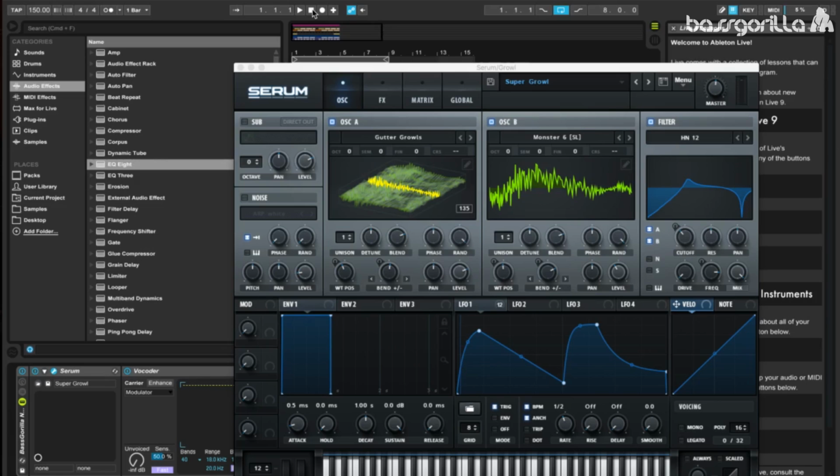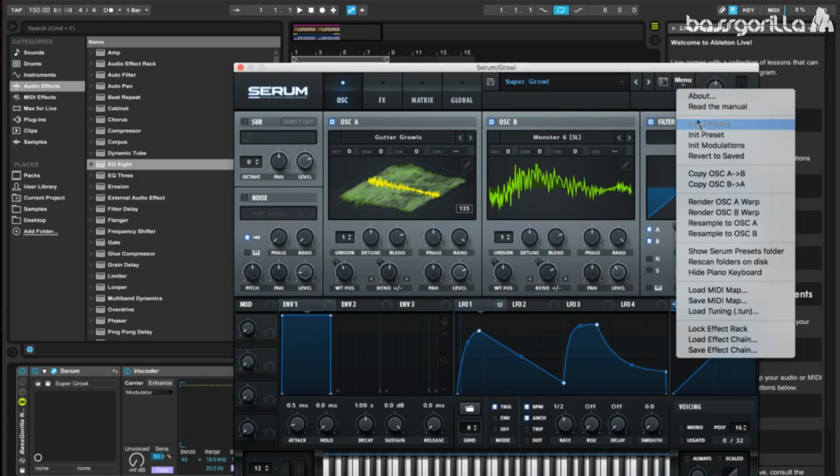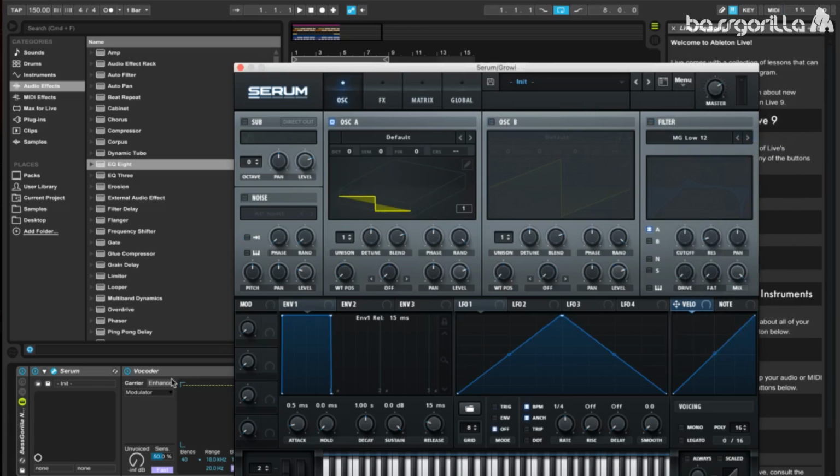So, we're going to start off by initializing Serum's patch by going to Menu and clicking on the Initialize Preset. And like always, we're going to get rid of the external effects for now because we won't be using those until much later. Now that we've got a fresh instance of Serum with no external effects, we're going to start with our first